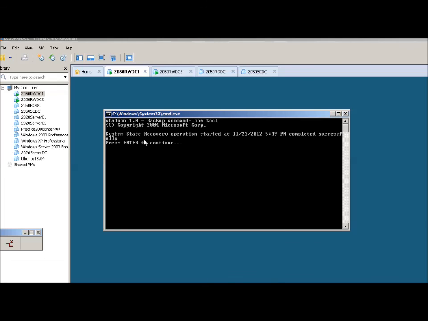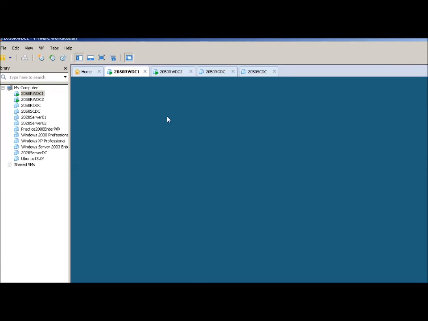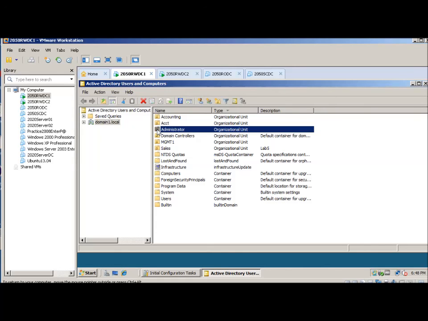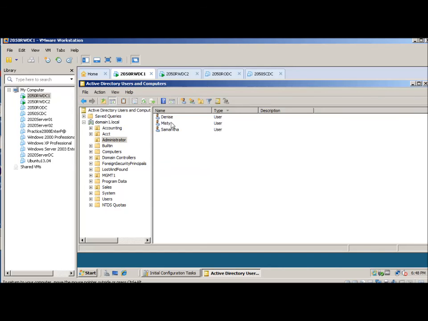I'm going to restart. Now we've restarted and it's coming back up with this message that the restore completed successfully, and press enter to continue. Now it wants us to go back into our Active Directory Users and Computers and check to see that our administrator has been restored, and we'll make sure that our 3 users inside there, Denise, Misty, and Samantha